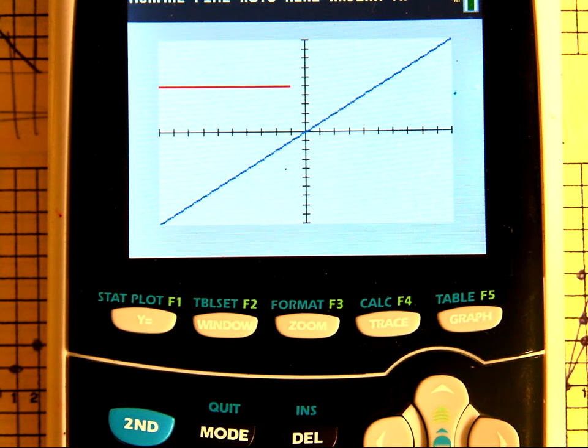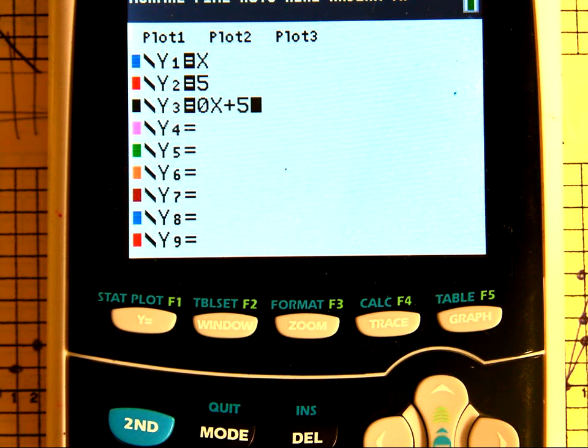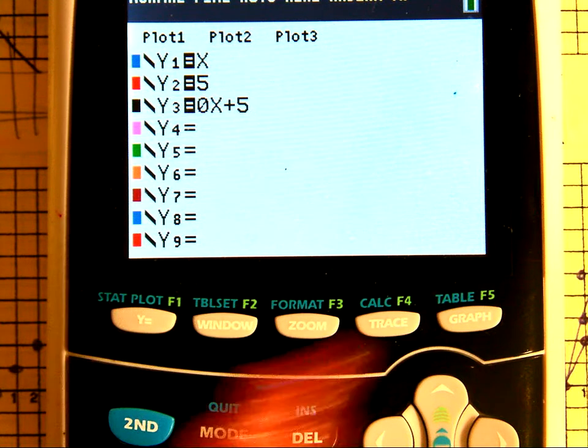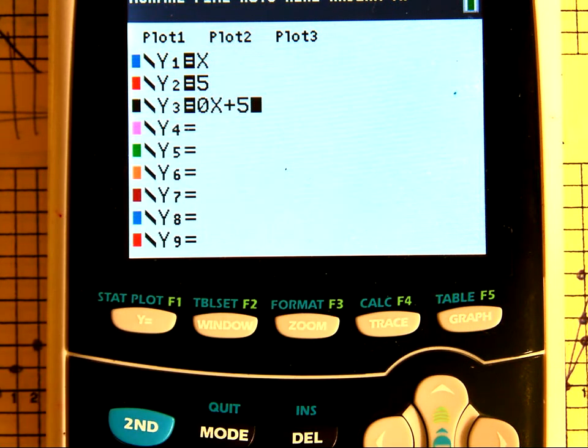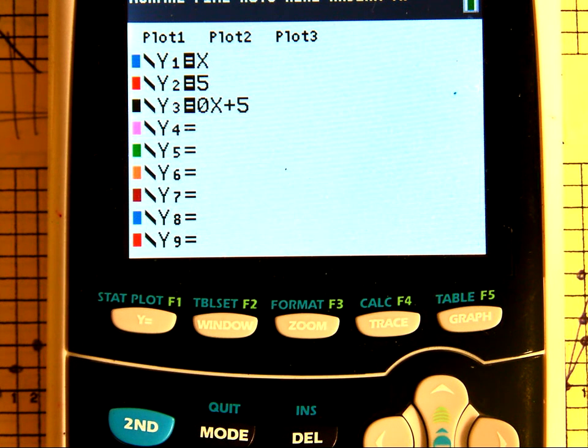Why is it doing that? Because this is really what you typed in. You typed in 0x plus 5, right, basically? Because when you don't include an x, you're saying that your slope is 0. And we know that the slope of every horizontal line is 0. If the x has a coefficient of something other than 0, you know it has some kind of slope to it. Okay? All right, good. So now